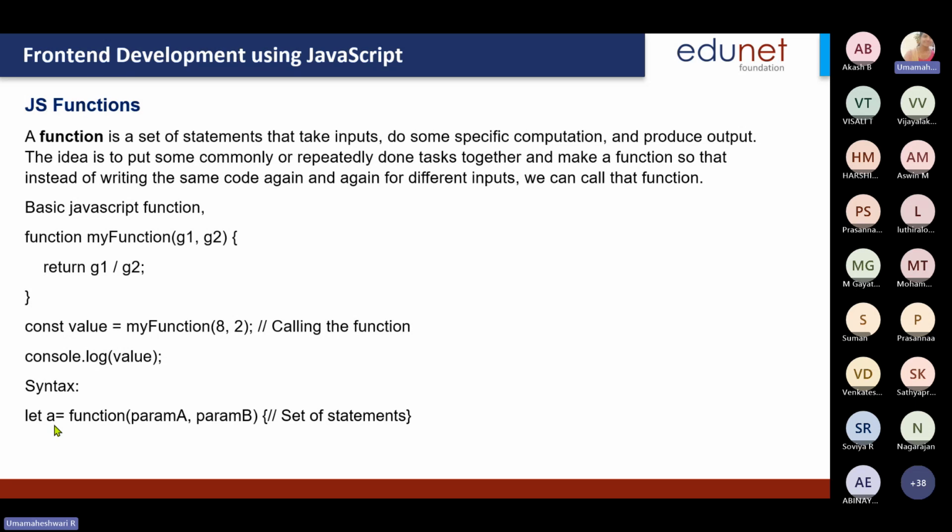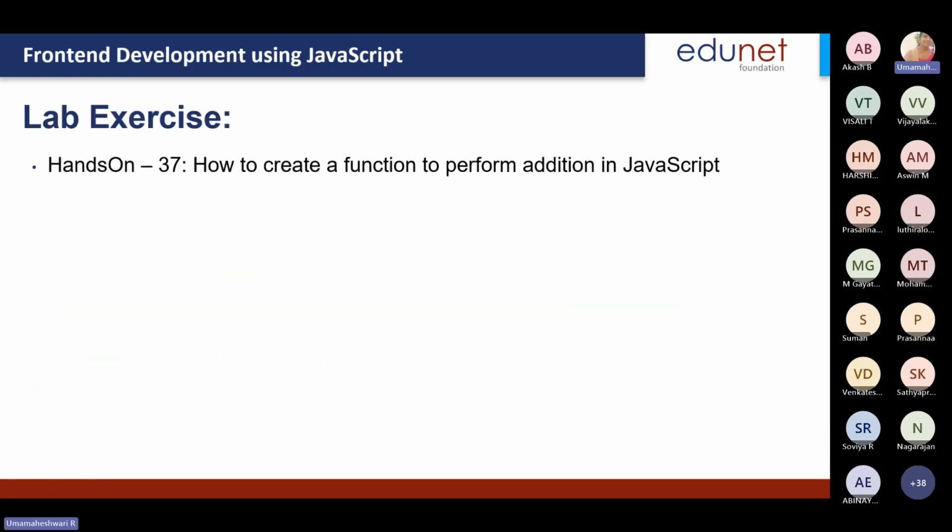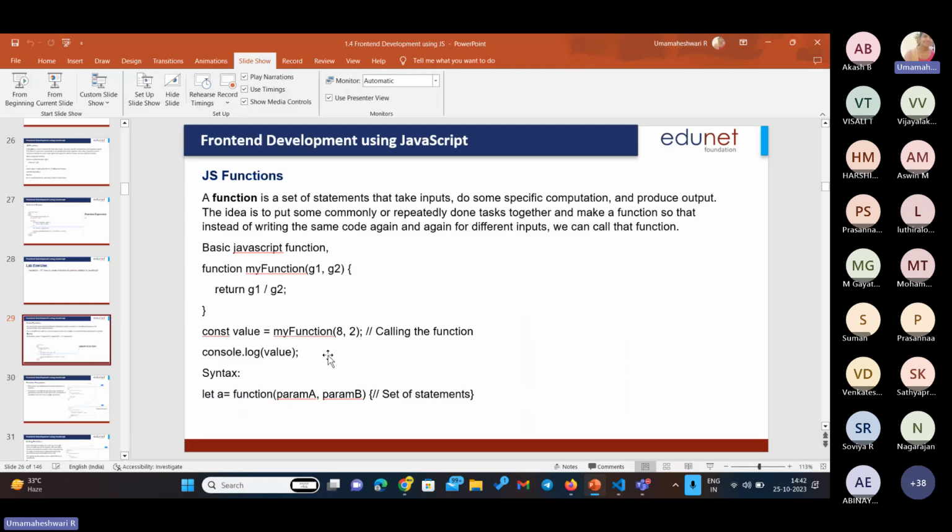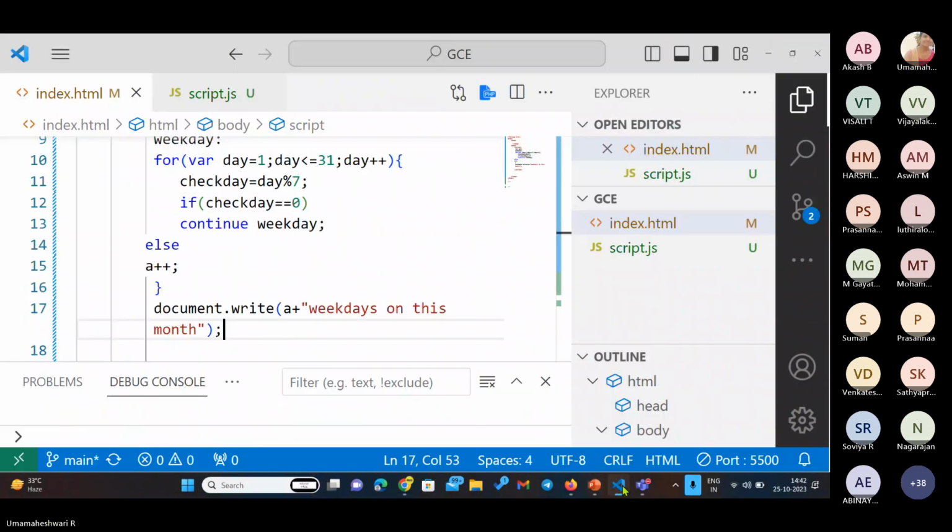So syntax: let a is equal to function parameter a or 2. This is the set of parameter statements. And here is a code. So we'll see one by one. So first basic JS